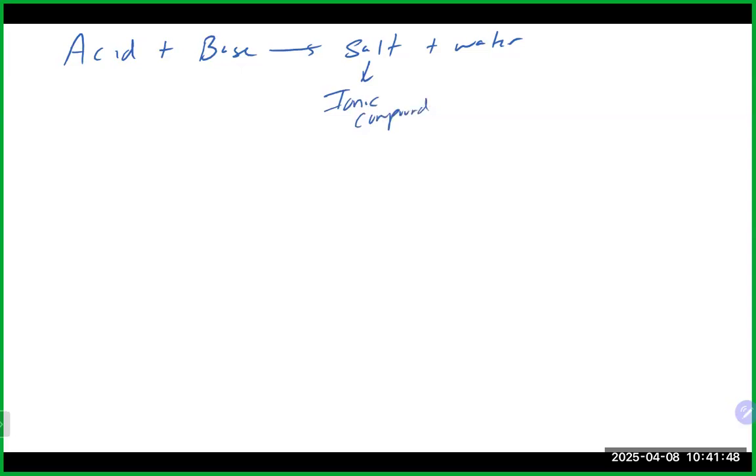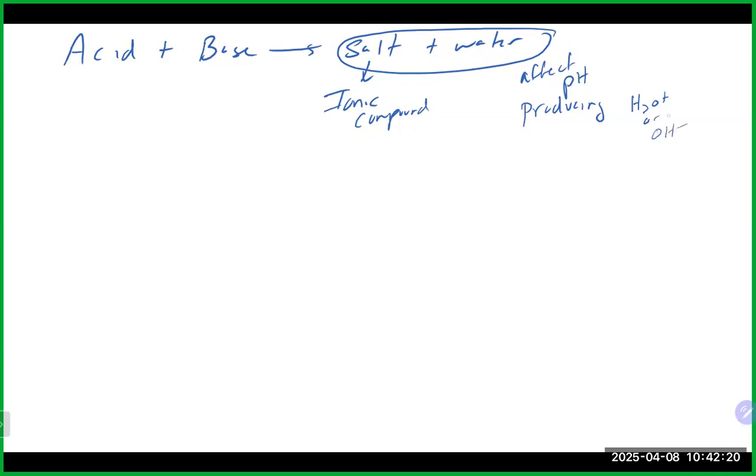And when we talk about a salt, there are certain salts that, when they are produced, can continue to react with water and actually affect the pH, by either producing H3O+ or OH-. So that would make it either an acidic solution or a basic solution